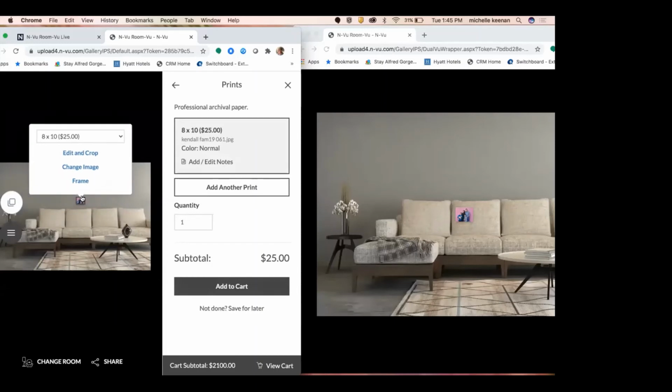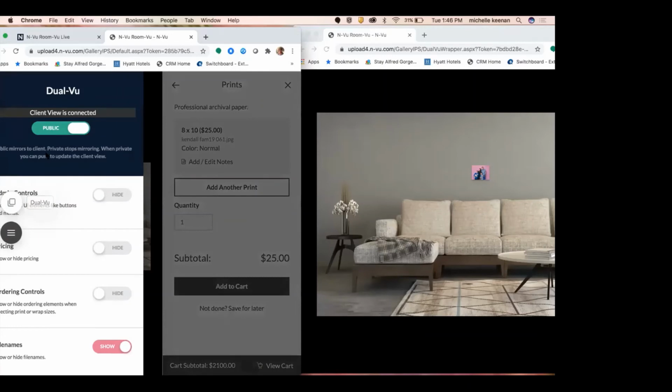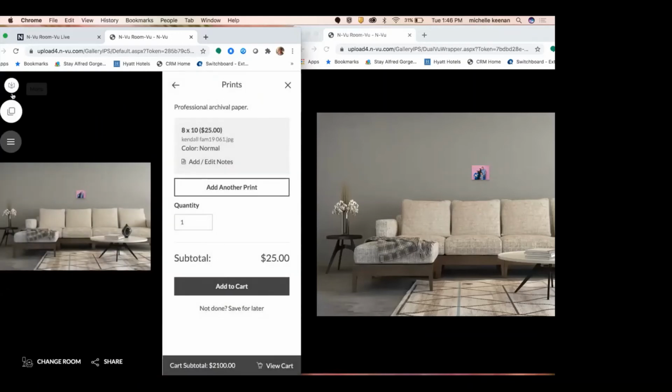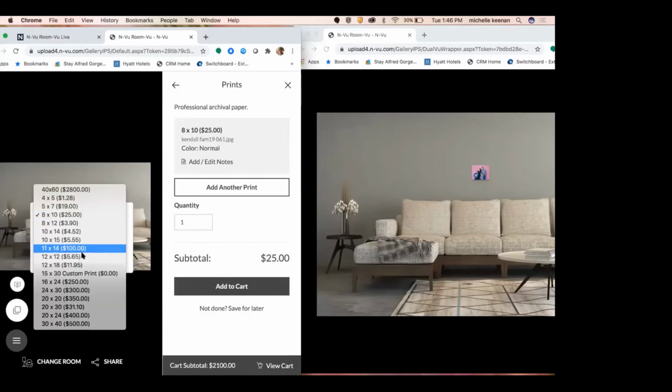And here is that big 8x10 on their wall. And as they're talking about, wow, that looks too small, I am going to go in here to dual views private mode and set that on, and you'll see this little push screen button, and that's going to show up right here. So while they're talking about the image and what might work in their home and what might not, I'm going to go ahead and change this because I can do that in private mode